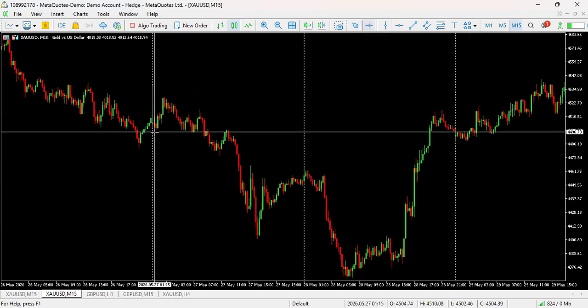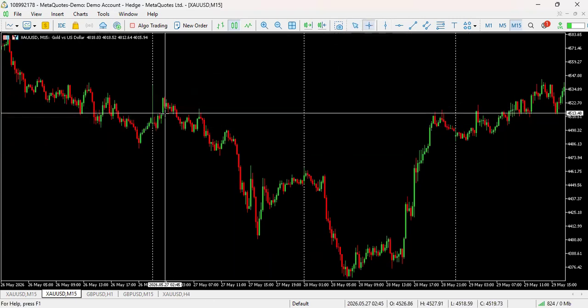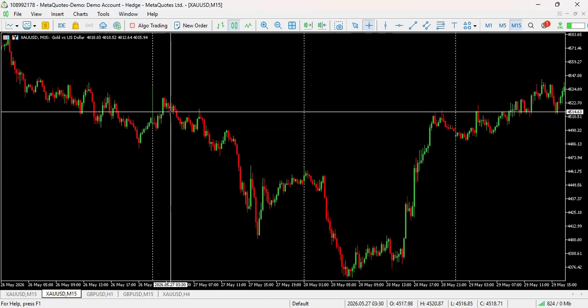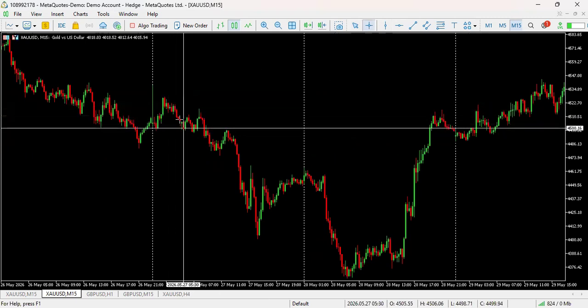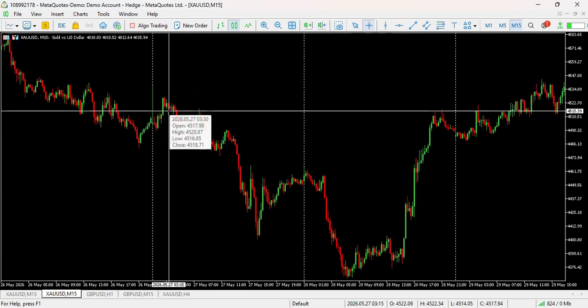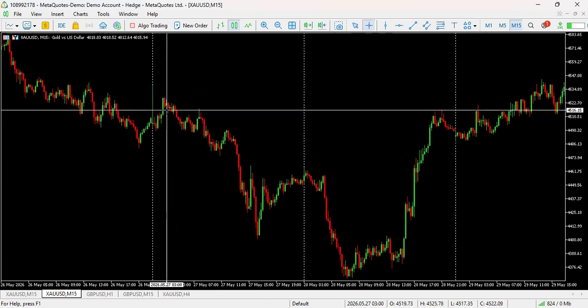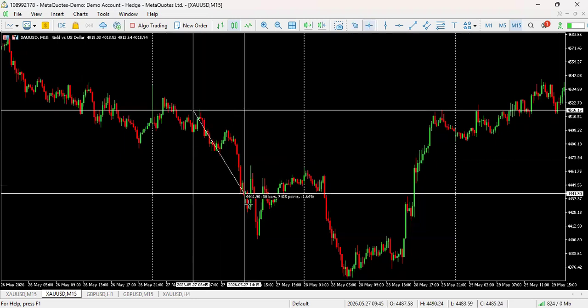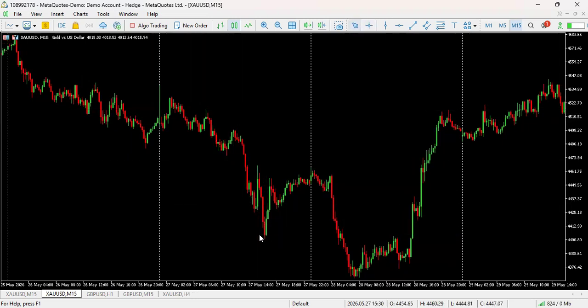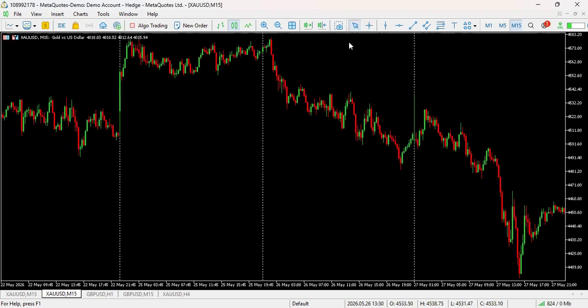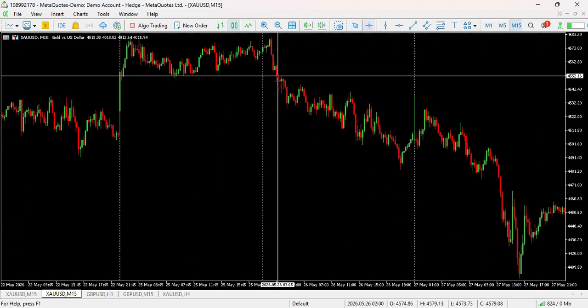You got a high, you got lower low, lower high, lower low, lower high. Push down. This is a cavity. This whole situation is a cavity, from here on down. So if price pulls back into that cavity, it wants to come down. One trade, 1,100 pips. You're just looking for cavities.